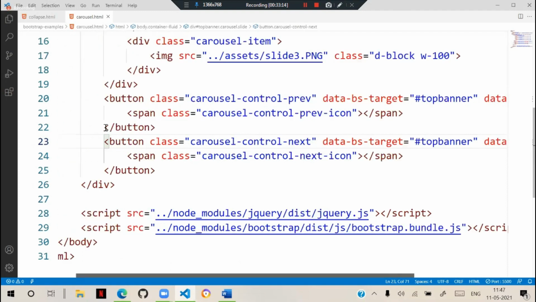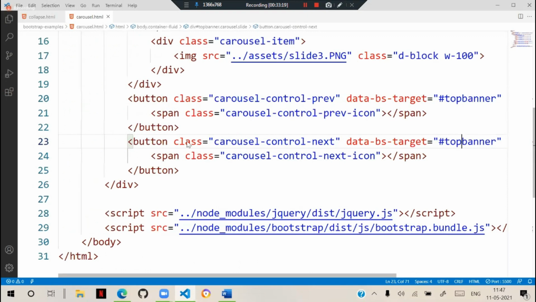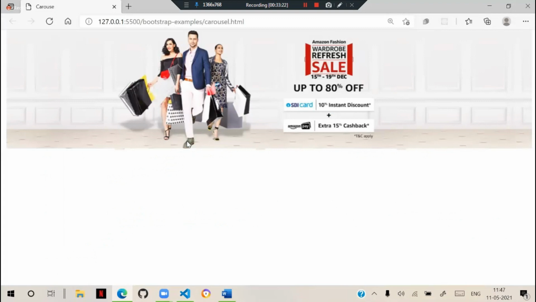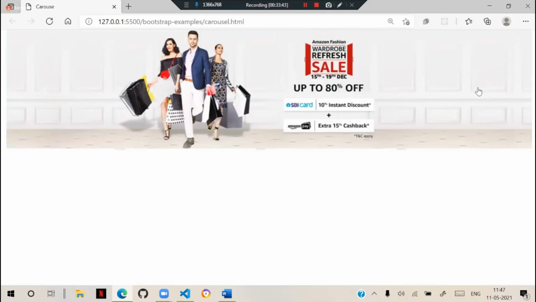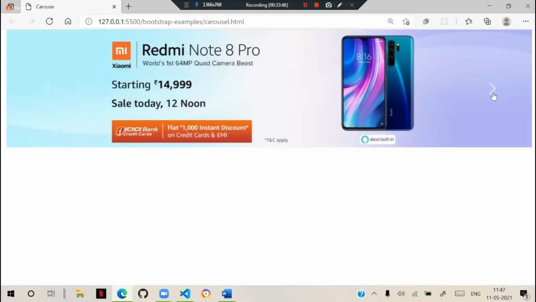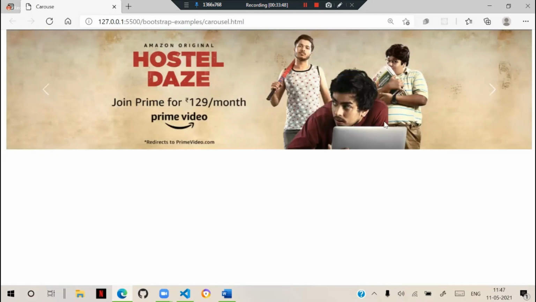Now you can see that the carousels have indicators. We can change the colors and effects by customizing the classes. Already I told you, we can customize the class and configure it. Here you can see the navigation: this is the next button and this is the previous button. Left and right side, previous and next buttons are present.